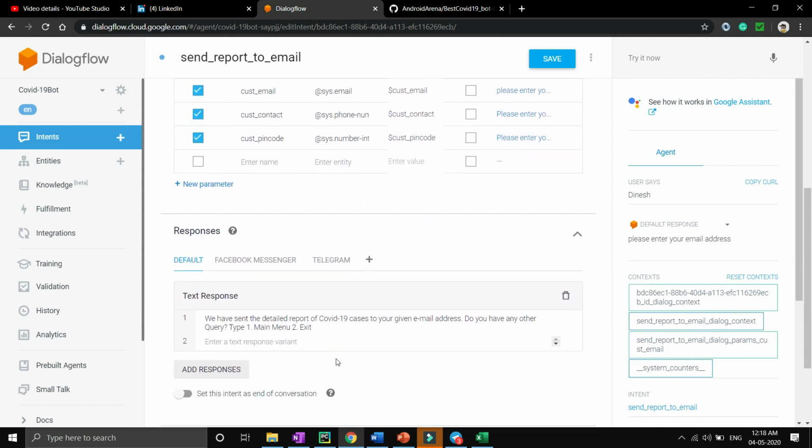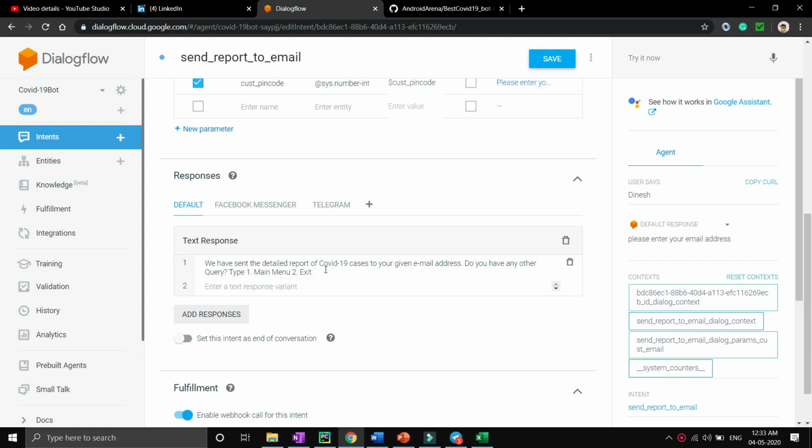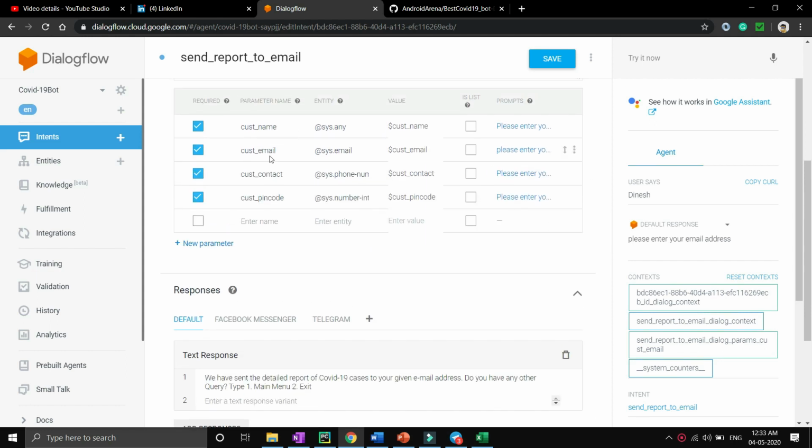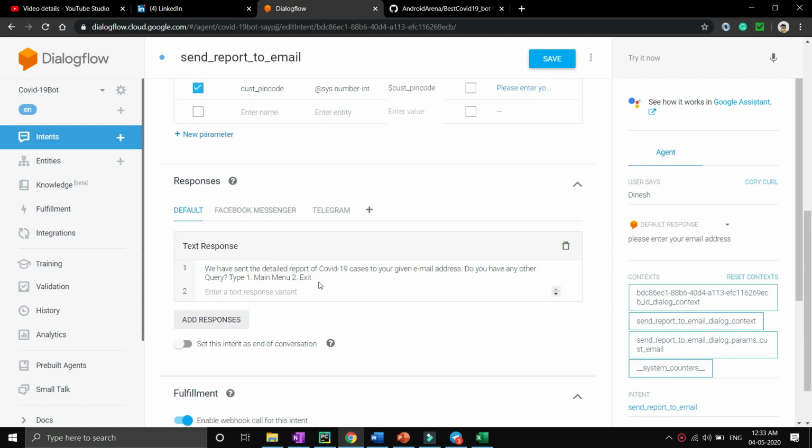Now as soon as the user has entered all these details, like name, email, contact number and pin code, then we have to show the default response to the user, which is, we have sent the detailed report to your email address. So do you have another query?